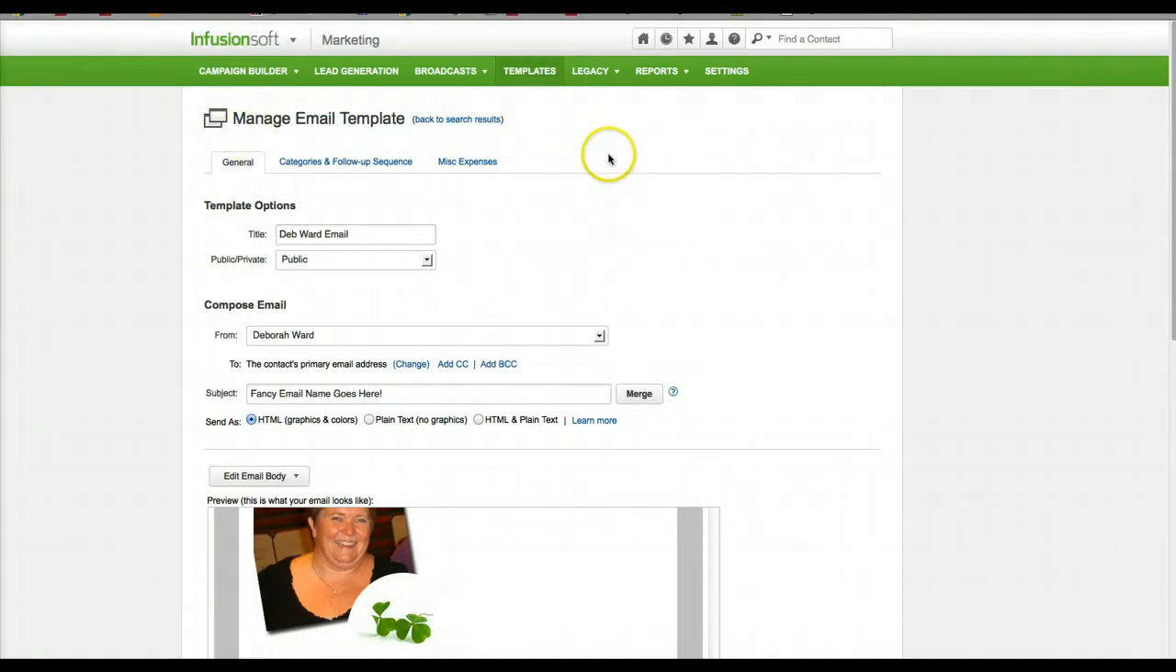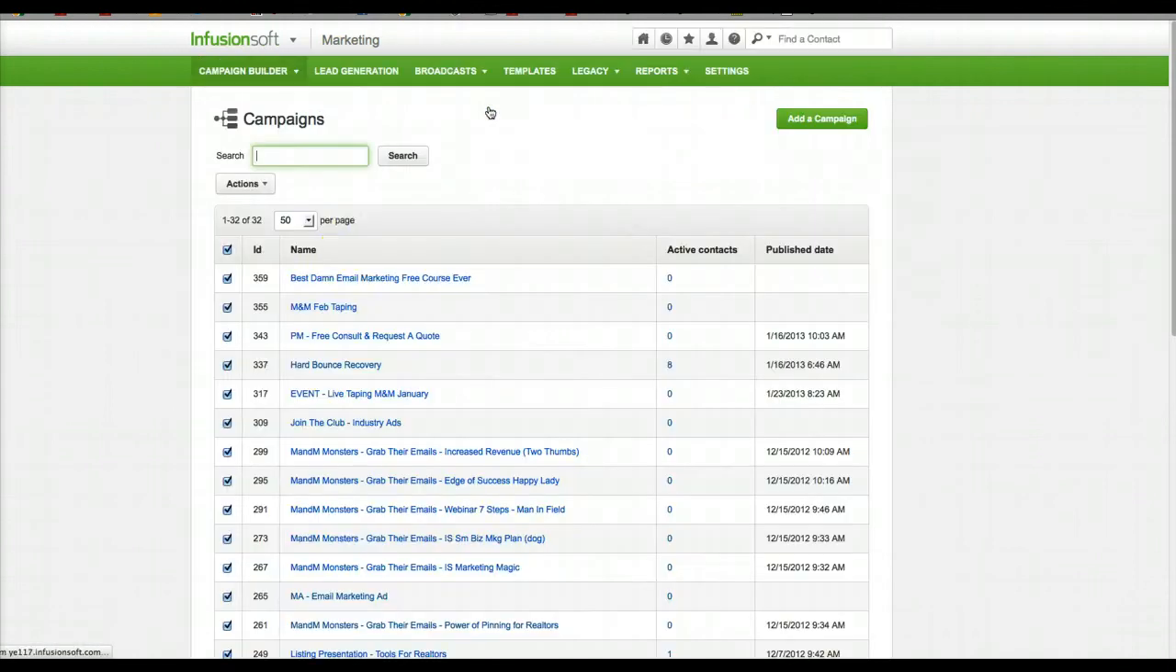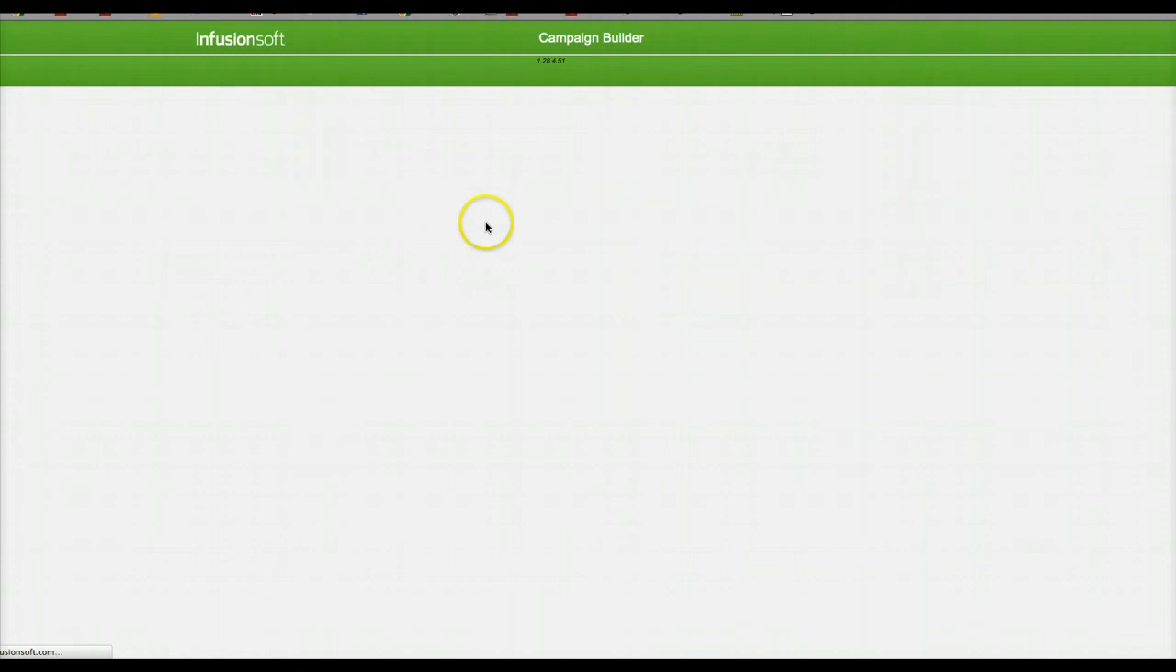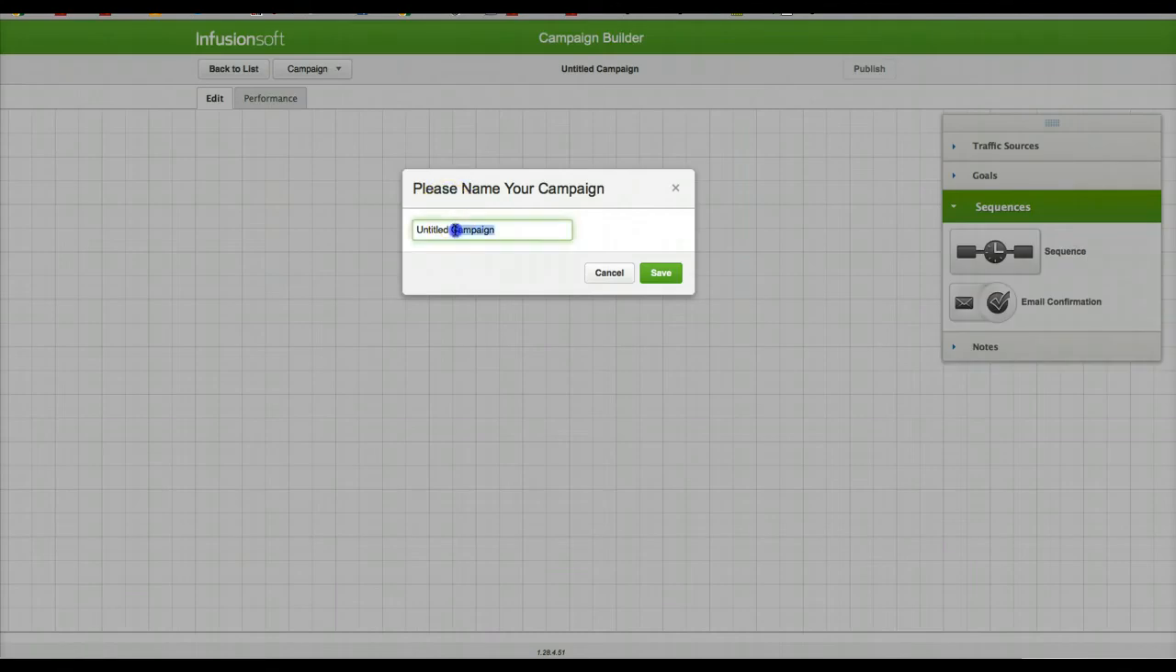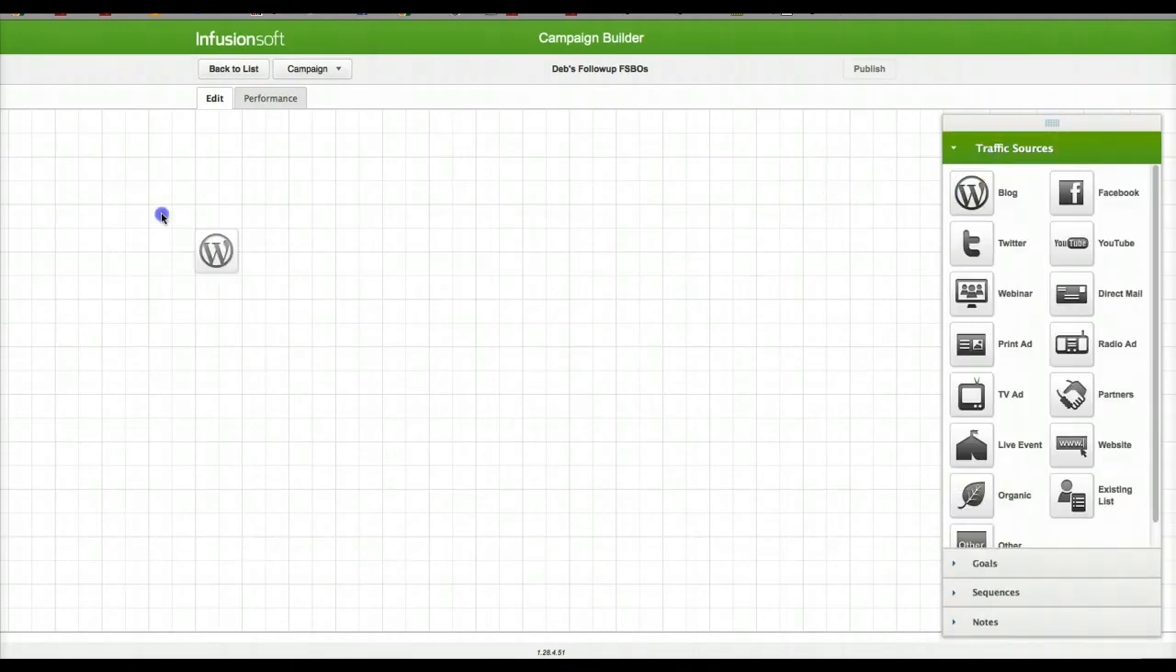And just to add a little fun to it, I'm going to do it on the fly without ever having tried to do this. So I want you to see how easy it's going to be. So we're going to call this Deb's Follow-Up Fizbos. Okay, so now what you want to do is say where the traffic's going to come